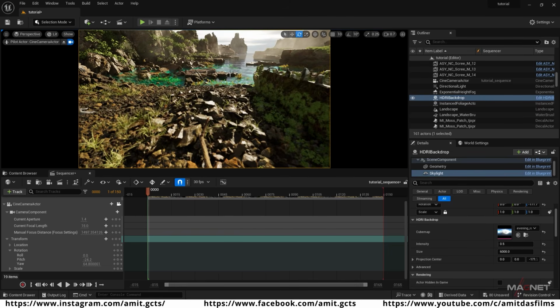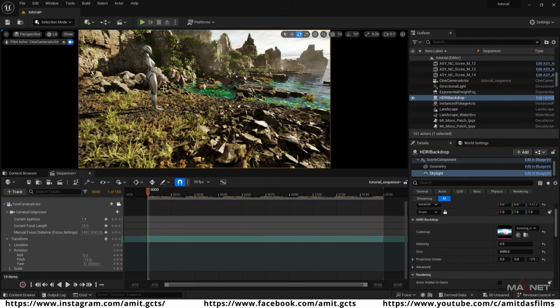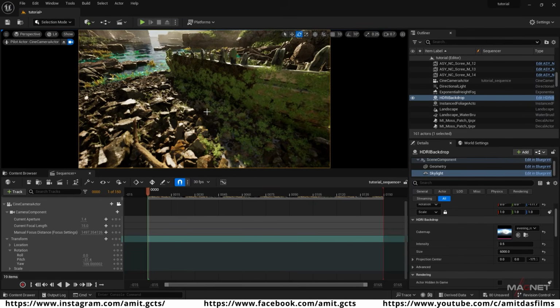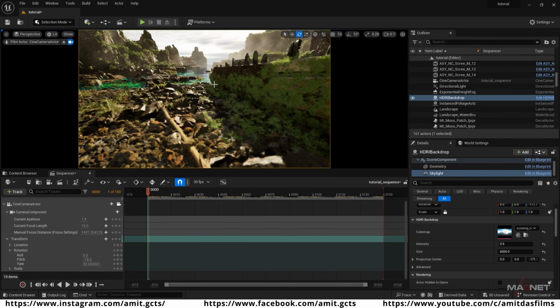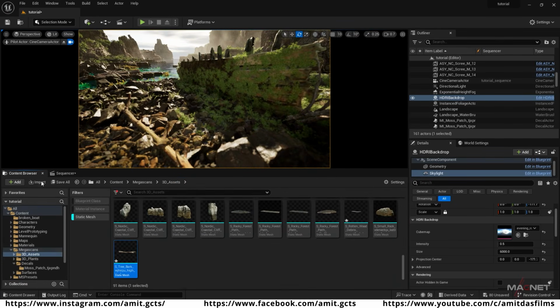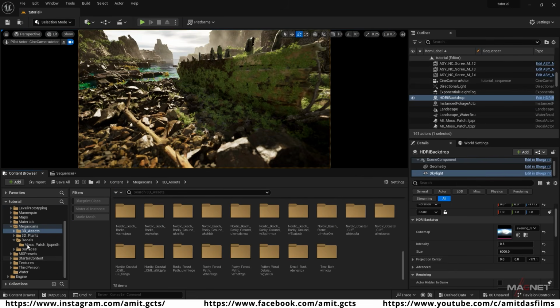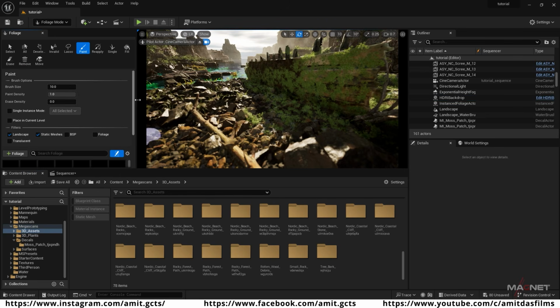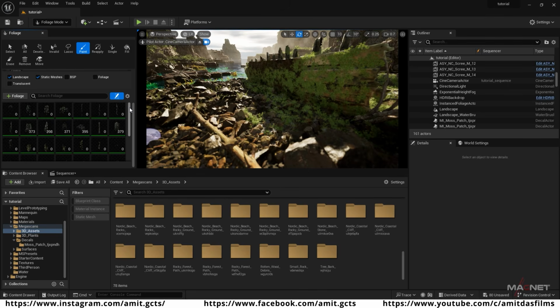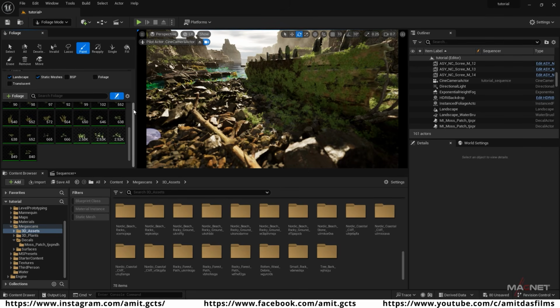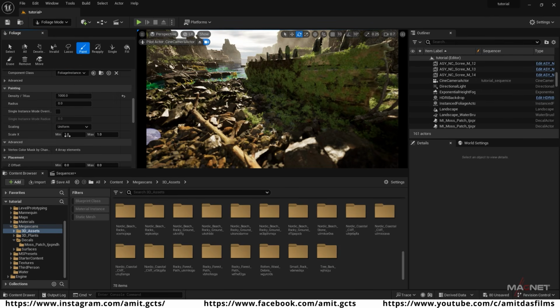And also you can see in my actual video I put other plants, small plants here and there, so you can also do the same, or maybe we can do it here also, so you will get the idea. So again we go to the foliage section, then here are the plants. So maybe we select those 3 plants here, and we are going to increase the scale to maybe 2/3 here, and also decrease the density to maybe 200. And now if I paint here,